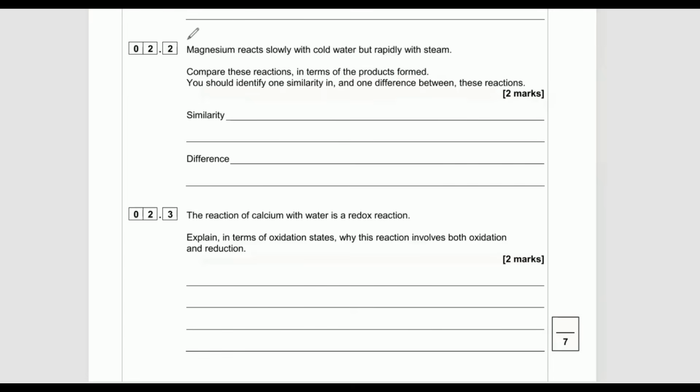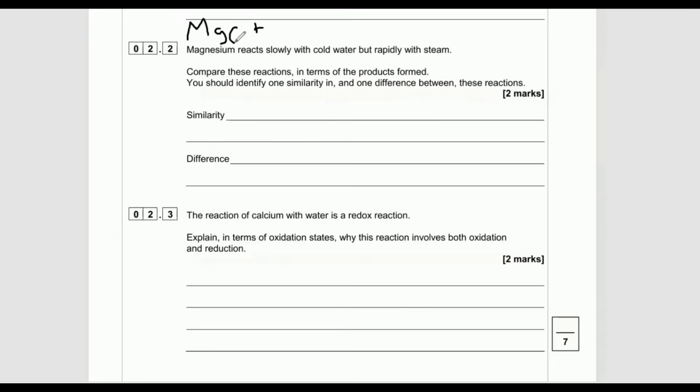Revision cards aren't perfect. You're not going to get an A star from revision cards alone, but these kind of revision tips are going to supplement your overall package. So if it's things like learning your group 2 equations, the best way to do that is to smash them onto a revision card and learn them like that. So we've got